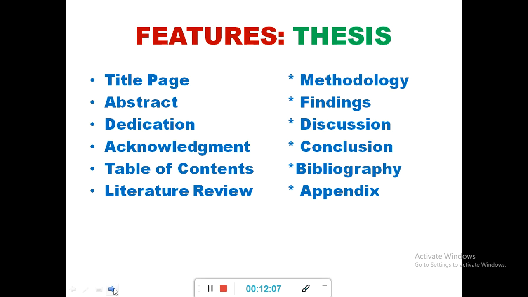You have to mention them and give them credit for using their works, all the sources you consulted in the course of writing your thesis. You have to acknowledge them by actually documenting them and possibly specifying the relevant pages you visited and all that. Then you have the appendix, where you attach documents that are relevant to the thesis, and these are the features of the thesis.